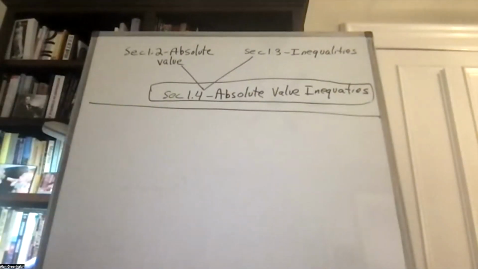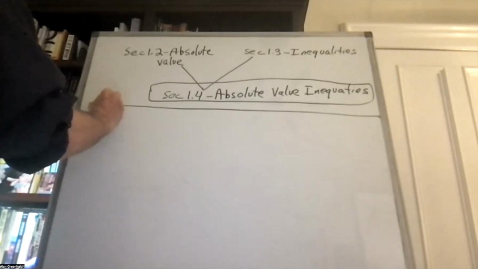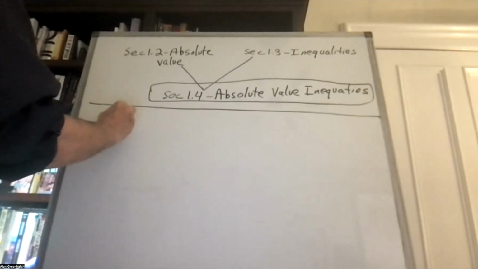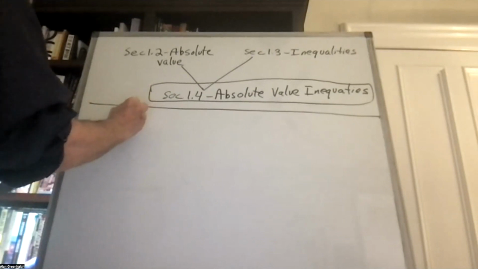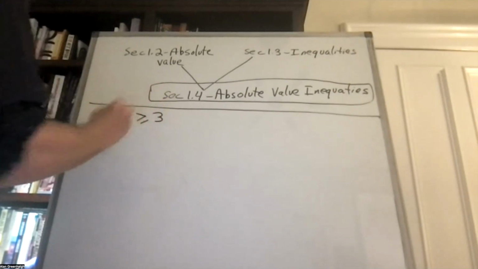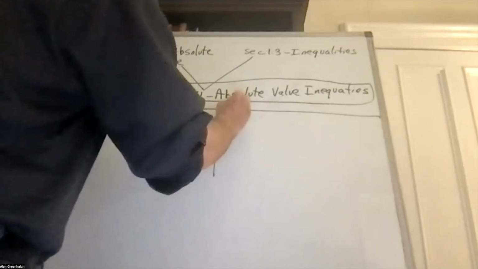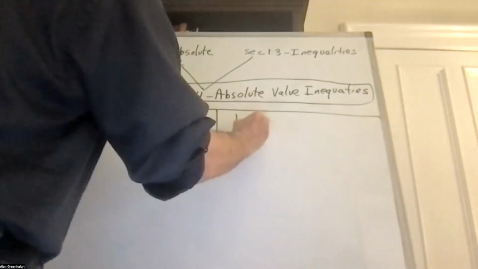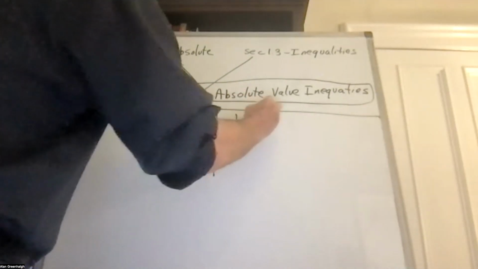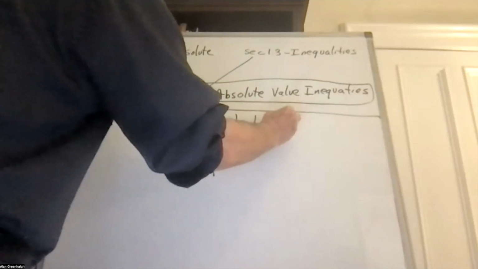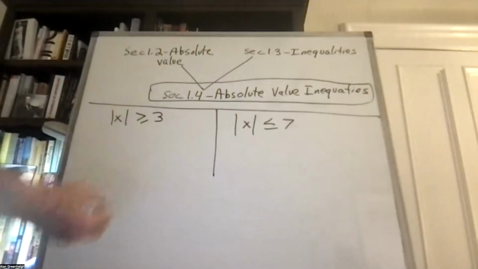Okay, let's take an example. Well, actually, there are two parts. There are two things that could occur. Either the absolute value of x could be greater than or equal to 3, or the absolute value of x could be less than or equal to 7. For example,